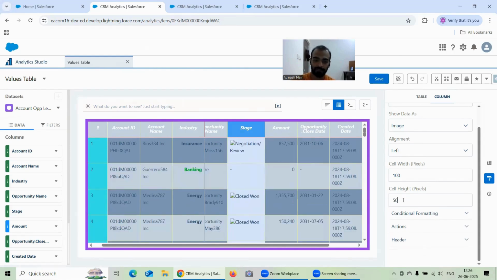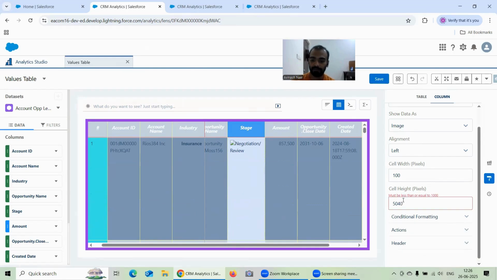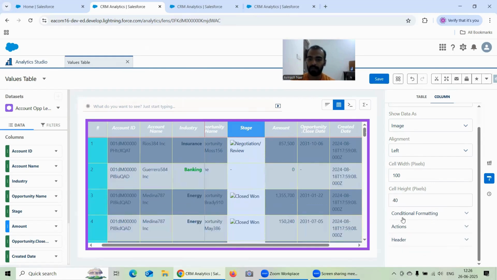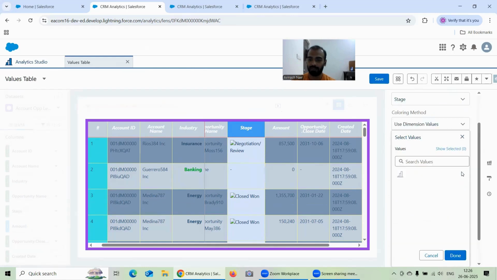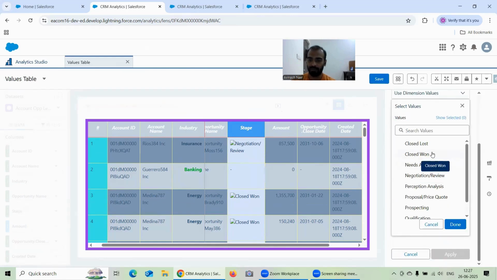Then the conditional formatting can add some rules. So for example, use dimension value, use coloring reference, color and formatting. Maybe I can go for dimension values. I will choose the color. Let's say I go for,